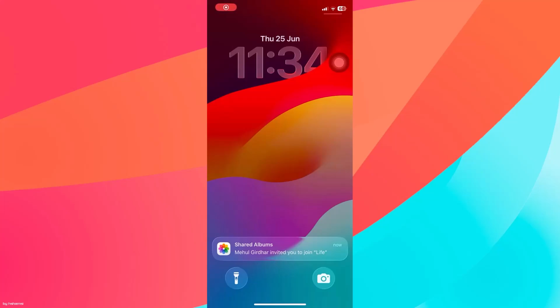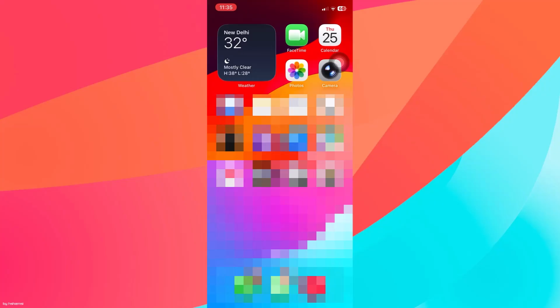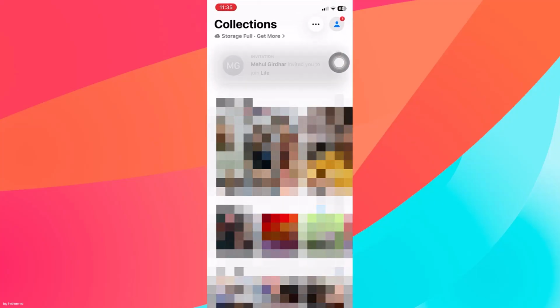Hello iPhone users, if you have been invited to join a shared album, you see this notification on your phone right away, right? So to actually accept it, this is your iPhone, I'm showing you from the start, and you slide it down, or from there you can tap